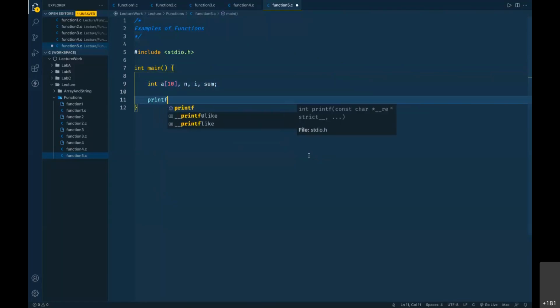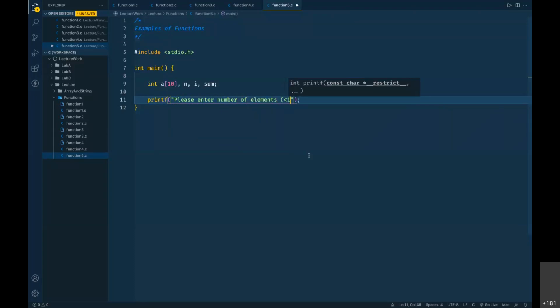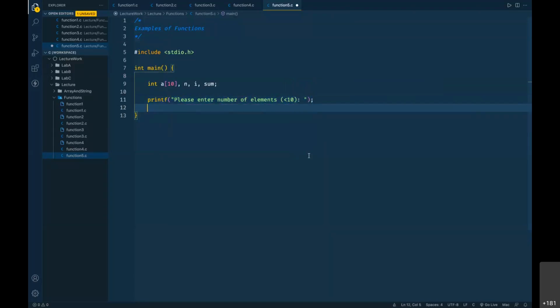So we can simply ask user to please enter number of elements, and message डाल दूंगा less than 10, because we don't have capacity to have more than 10 numbers. Okay, so we are going to scan our number, so %d and &n. Now this n is going to work as the size of our array.